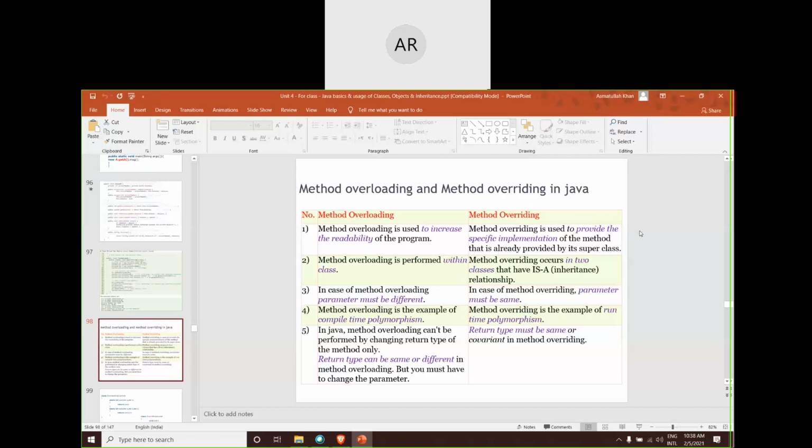So control will be going back anyway. It will be handled by the compiler. The value to be returned will be specified by the return type of our method. But a constructor is not meant for returning any value back to its caller. It will not return any value. That's why it will not have a return type. So the first characteristic is that it will have the same name as the class name. The second characteristic is that it will not have any return type.